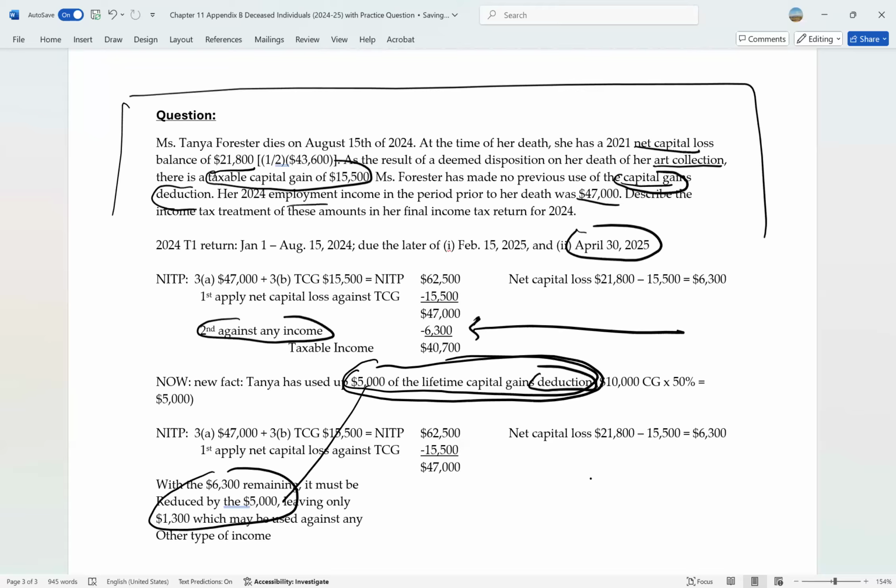You can't have the best of both worlds. You've used up some of this deduction to not pay tax on these capital gains previously. So now that's going to reduce the amount of the 6,300 that you can apply against any other income in the date of death return. So then only 1,300 is left. And so in this example, the taxable income will now be